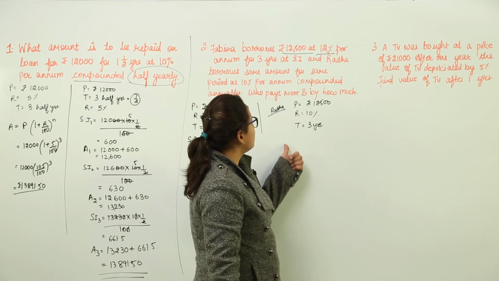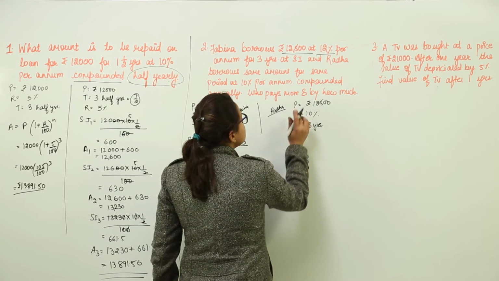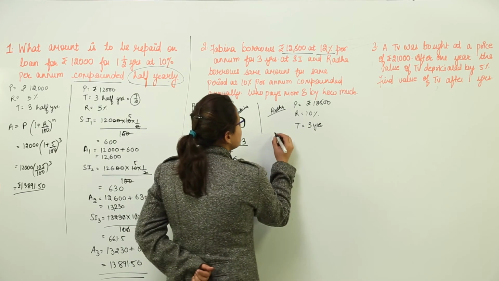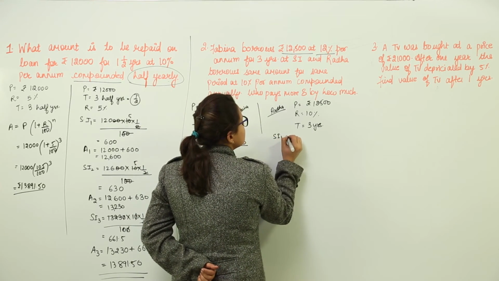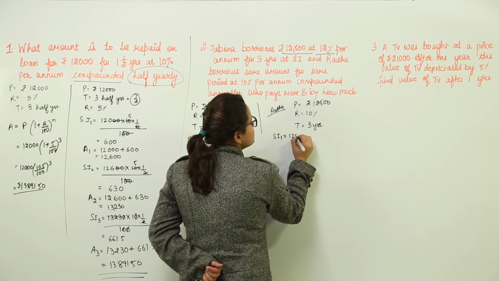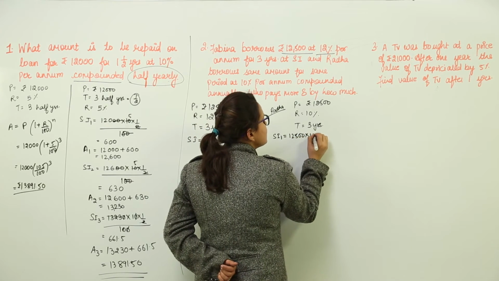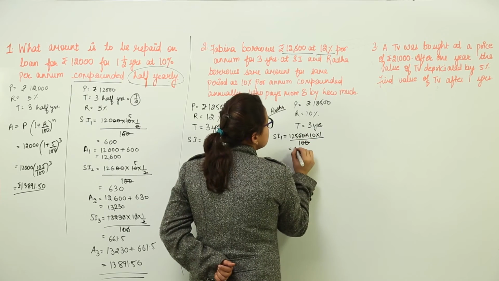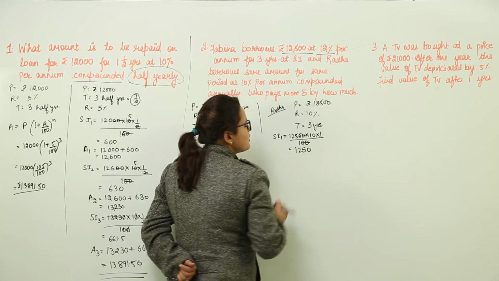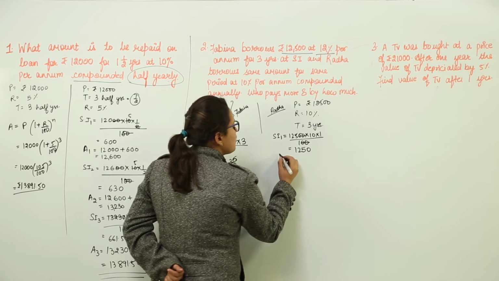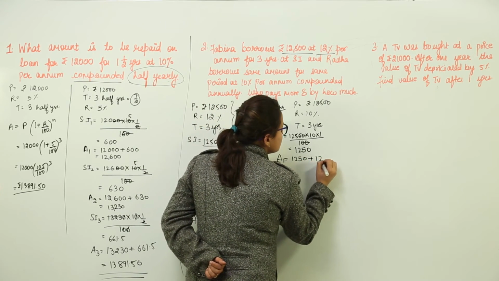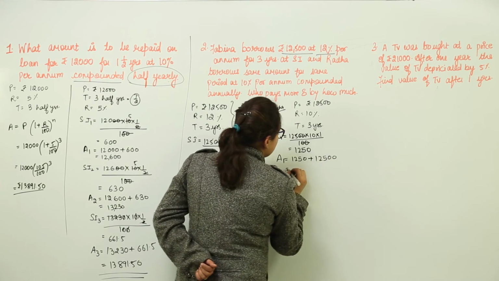Let us try the calculations for Radha now, because she was going to pay the compound interest. So we will be doing compound interest for her. That means simple interest for the first year would be 12,500 multiplied with 10 into 1 upon 100. Zeros get cancelled. The simple interest we get is 1250. The amount for the first year would be 1250 plus 12,500. That gives us